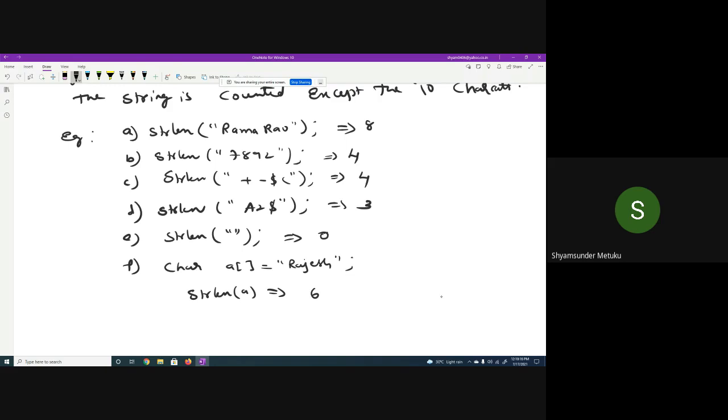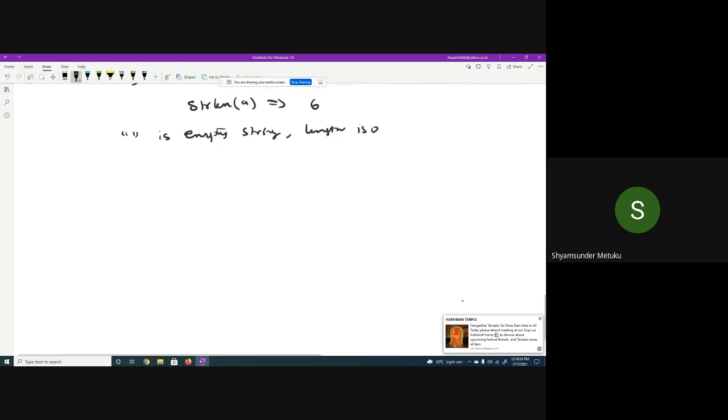So in the above examples, if you simply write double quotes, opening and closing, it indicates an empty string, which is something we should not forget. The length is 0. You must remember that.